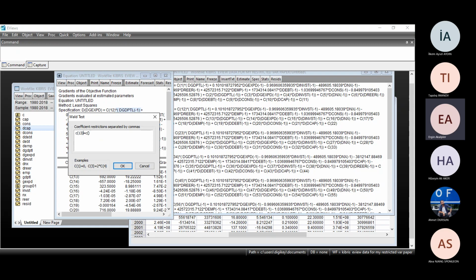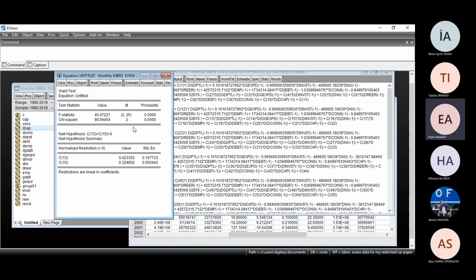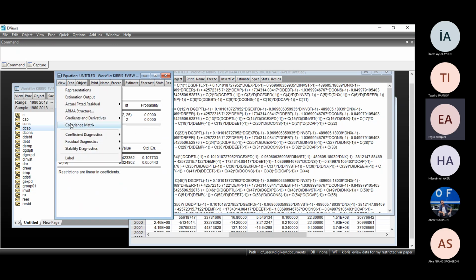I said 13 and 15 equal to 0. Then it is satisfied, as you see. Then we will go to the next,